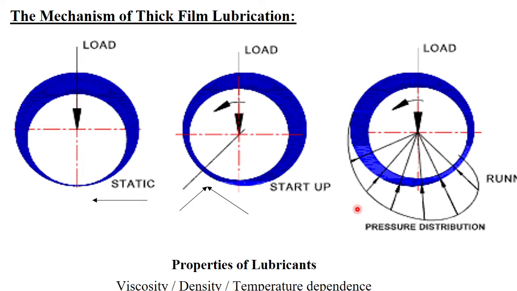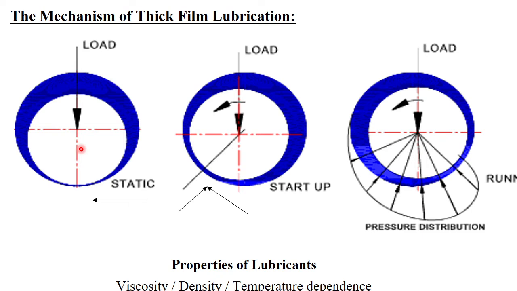Now this is the mechanism. In rolling contact bearing, it is basically the contact. So there is a contact force coming between two metal surfaces. Hertz contact mechanism will be there. Contact stress will come from that Hertz equation. You know that. But in case of hydrodynamic lubrication, what happens is that a fluid film separates the two surfaces.